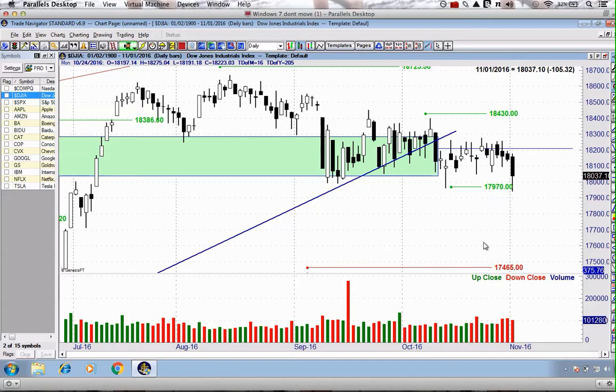A very important recap as it looks as though the Dow Jones and the S&P 500 in particular are materially retesting that macro support and also our trigger on those two associated markets. On the Dow, 17,970 is that area. We haven't been able to close and confirm or at least push below that trigger. But as at the close on Tuesday and during the intraday trading of Tuesday, we're definitely starting to float around